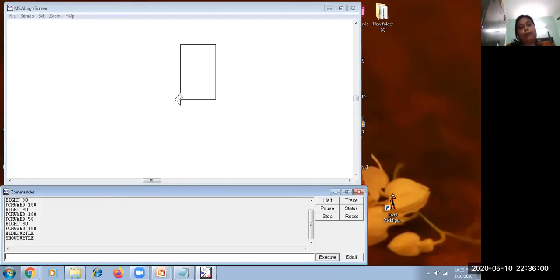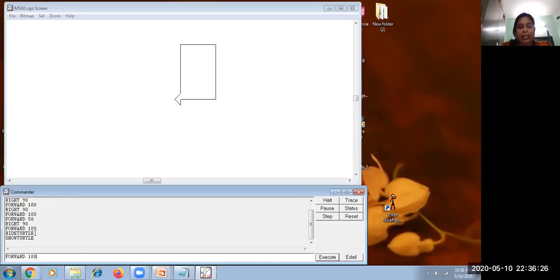Before we learn this command, we would like to tell you that every command has its own shortcut. The forward command can be written in short as FD. Right can be written as RT.